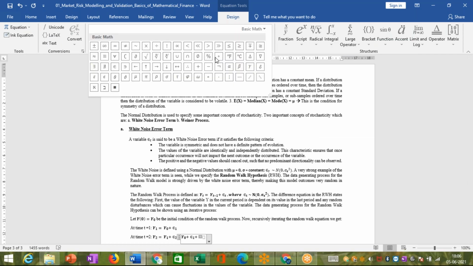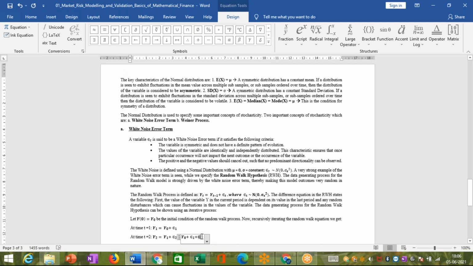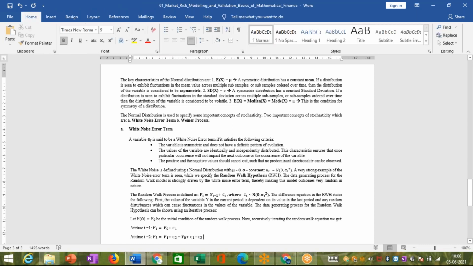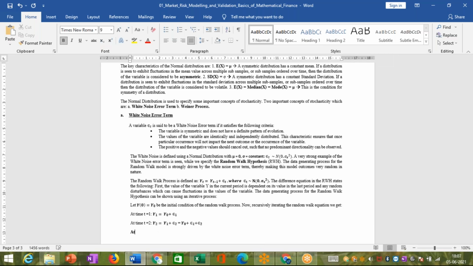Over here, what I have is, right. So similarly, at time 3, you will have y2 plus e3. So y2 will be nothing but y0 plus e1 plus e2, like this. So it will keep on continuing, right? So therefore, what we can say is that at a time t equals to k, yk will be equal to y0 plus